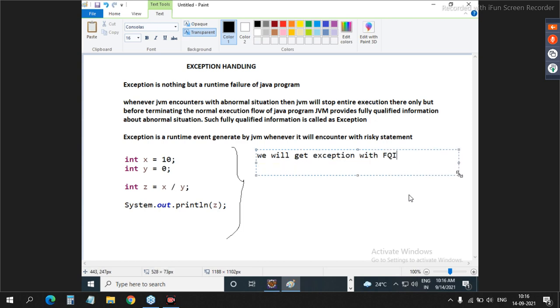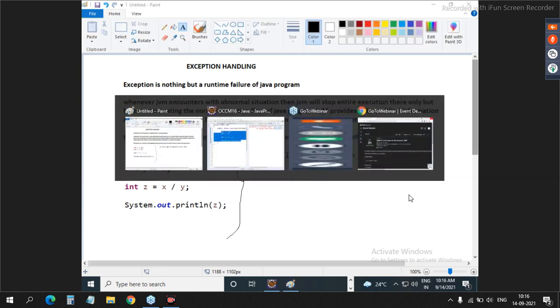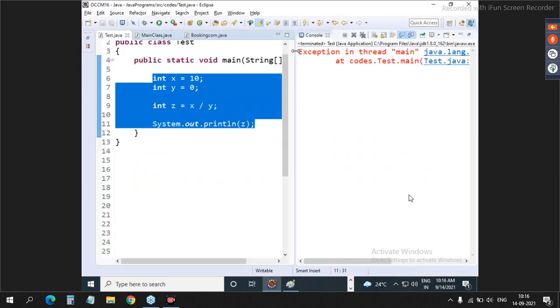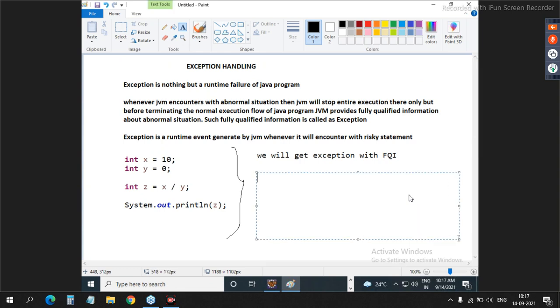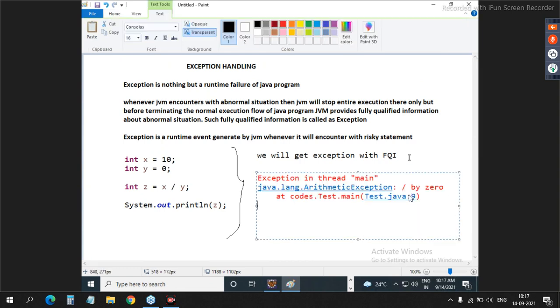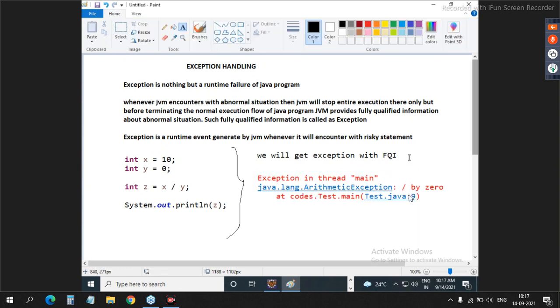Can you understand that full form? And what is that exception? Exception in thread main. Any confusion? No doubt.